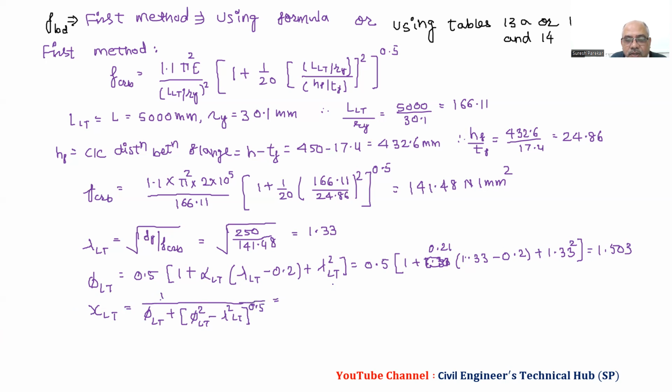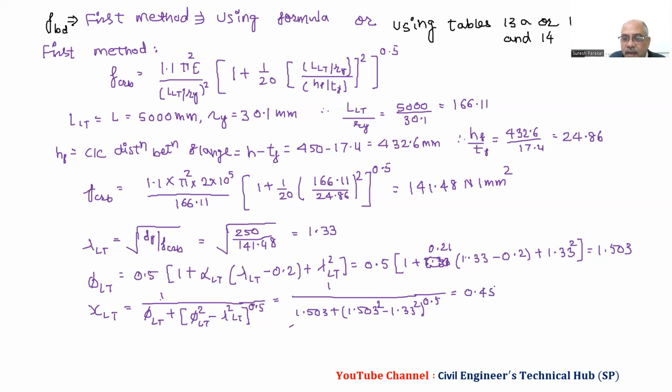And then we will substitute values in this. 1 upon phi LT we have 1.503 plus 1.503 square minus 1.33 square to the power 0.5,